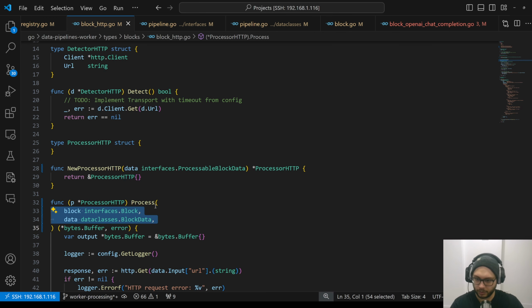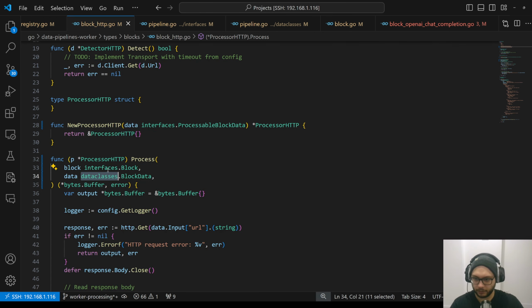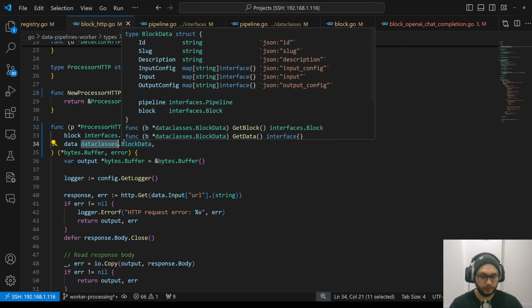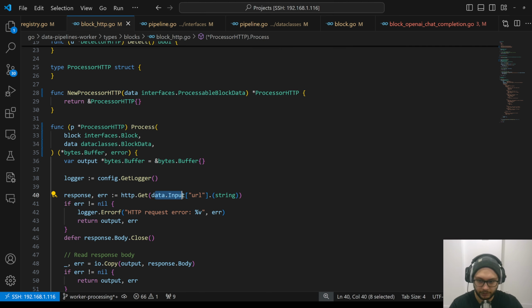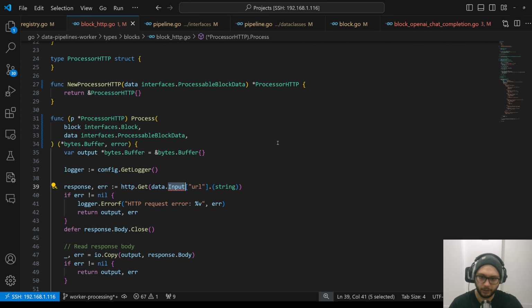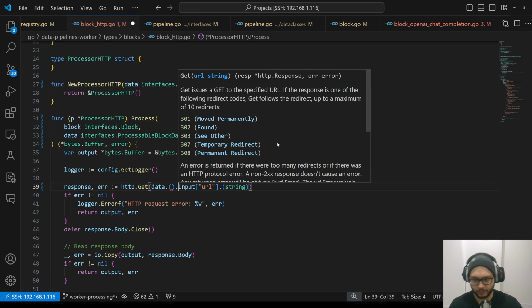And I think which I was not happy about, it's here. I use interface and then I use data class. Because of data class, it's implementation of that interface, I can do things like data input, etc. But reality is this. I should use interfaces. And in here, I cannot say input. I must say data which casted to